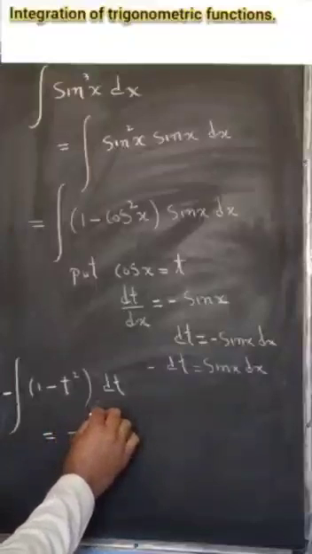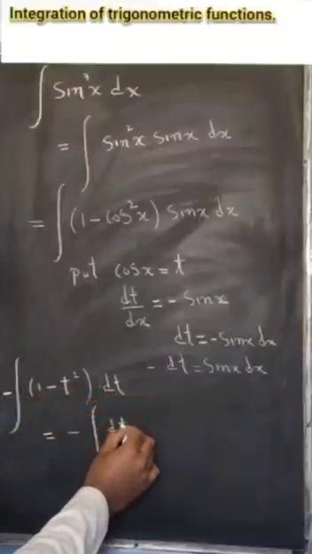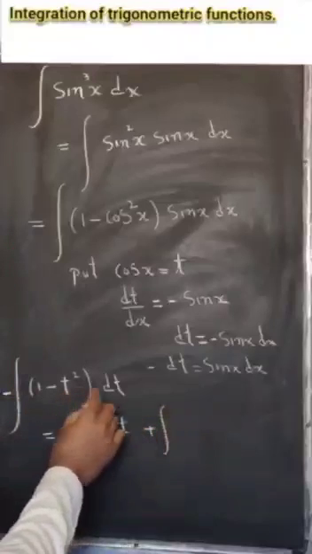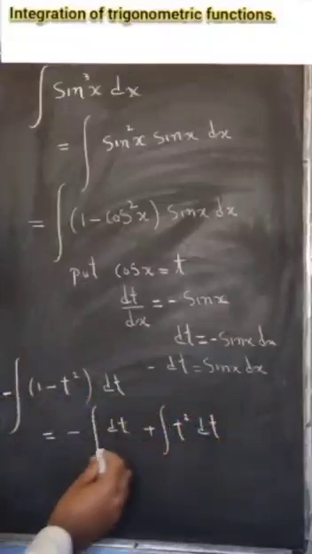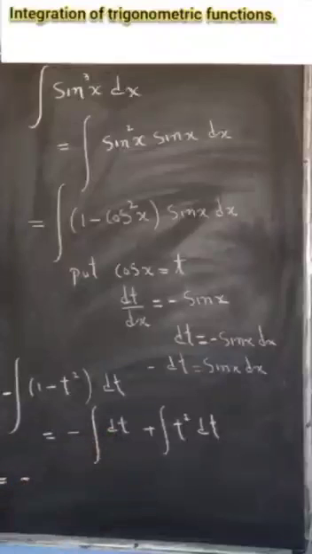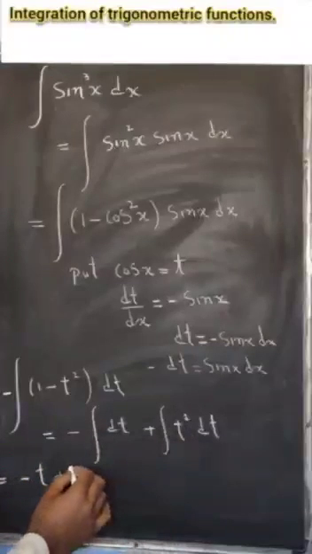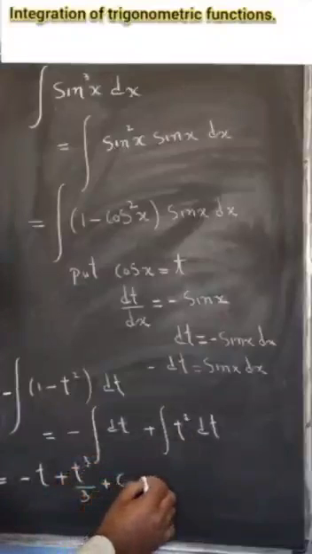minus times integration of 1 dt, that is dt, minus minus is plus, integral t square dt, that is further equal to minus times, now integral dt is equal to t plus integration of t square is t raised to power 3 divided by 3 plus constant of integration c, that